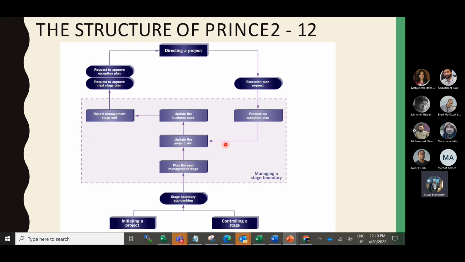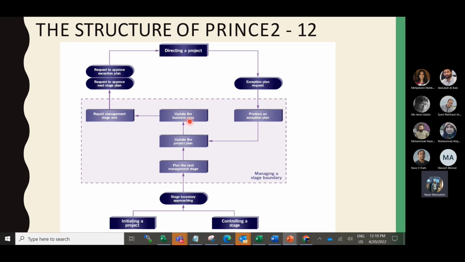Then the managing stage boundary. Already we know that Prince2 has several stages. So before starting the next stage, in the current stage, you need to review the current business case, and whether it is within the tolerance or not. Tolerance means that for each stage you mention the variables, like what is the cost, what is the timeline, whether it is being done within each time frame or not.